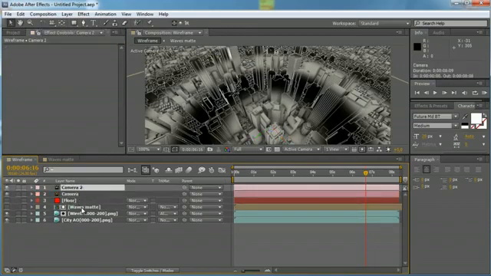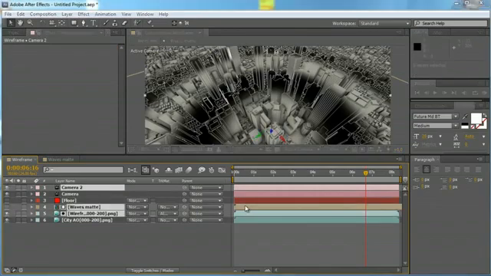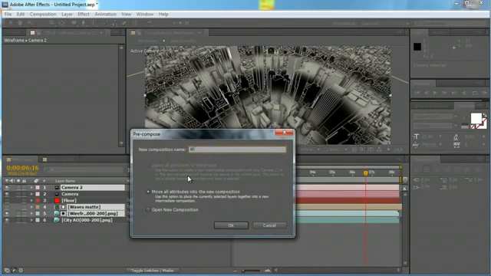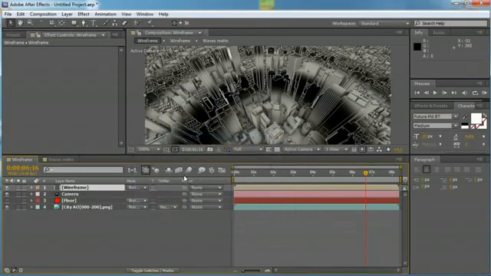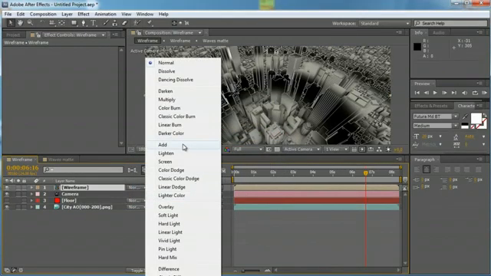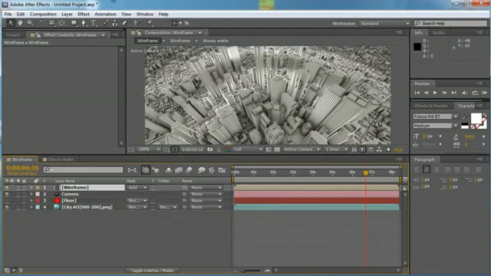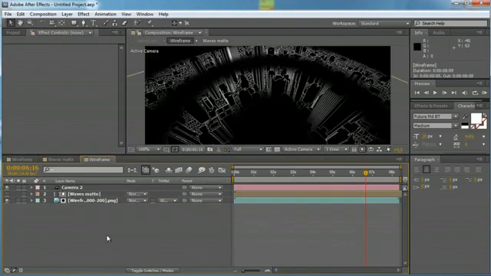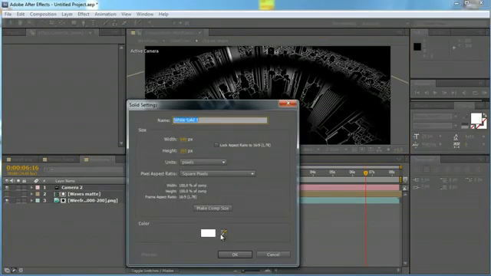select one of the cameras, the waves matte and the wireframe, Ctrl Shift C to pre-compose it, and let's go with wireframe. Change the blending mode to add, and open it, set a black solid for a background,